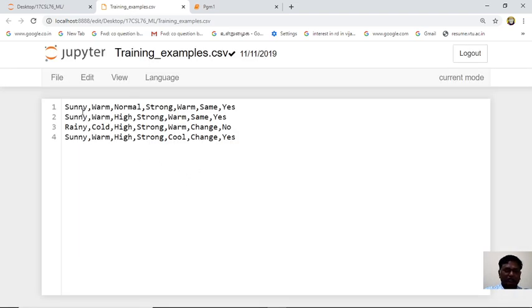Sunny, warm, normal, strong, warm, same. So first are the 6 attributes, these are the concepts, and the last one is the target. So we have 4 data here, 4 inputs are there, and 1 is negative data. So Finder's algorithm will not consider this negative data. Now we will go to the program.